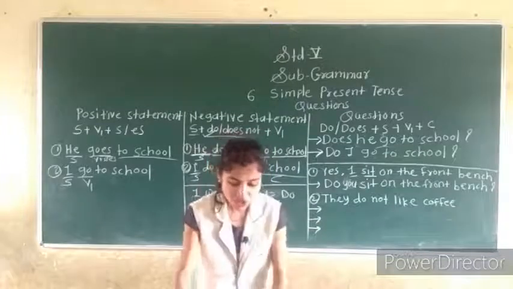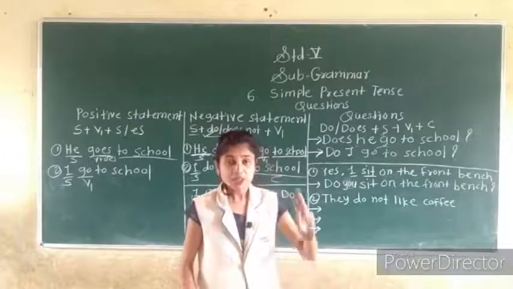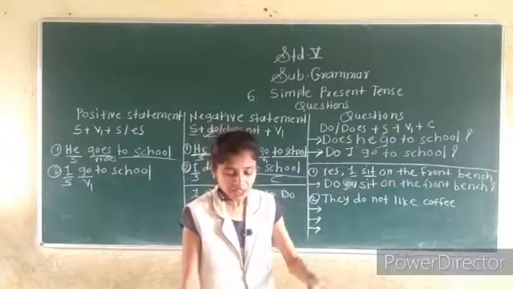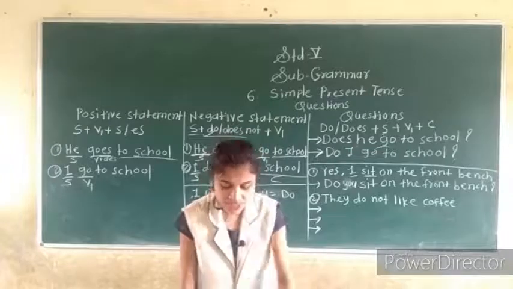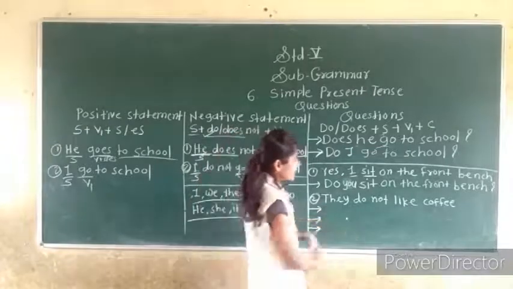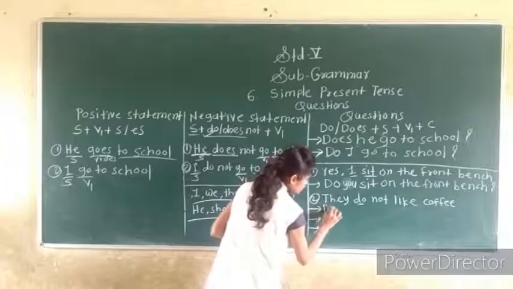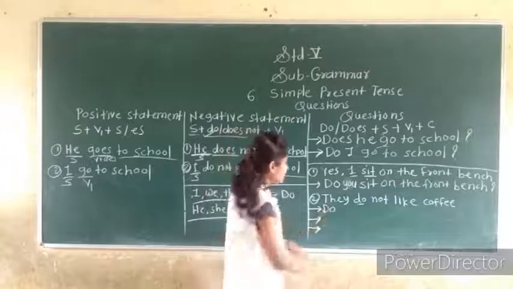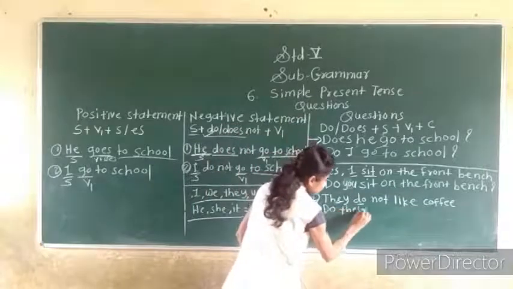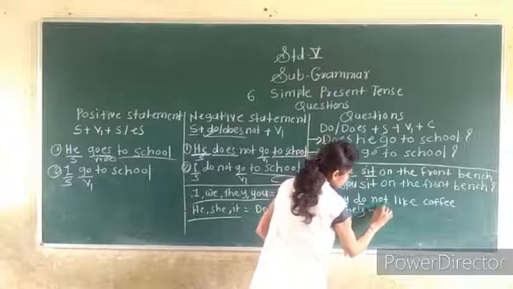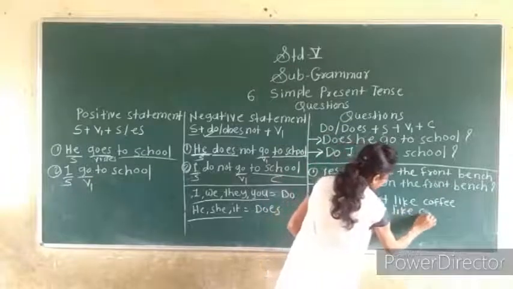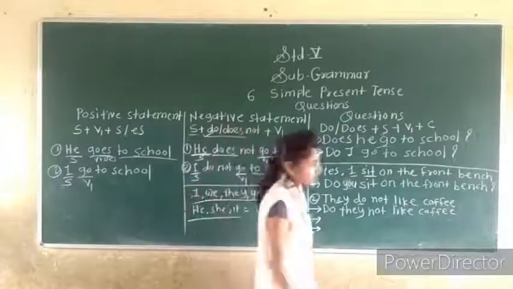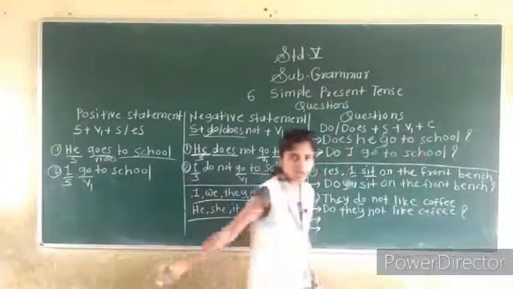Next it is the question number 3rd. Rewrite the following. Means three types of how to write this using the does. That is making the question it is. So first same. You are taking do ya does. Same it is do. Already in the answer it is do. After the do, here it is the they. Subject. After you are using not. Like. Coffee. What it is? Do they not like coffee? And the question mark. Do you understand?